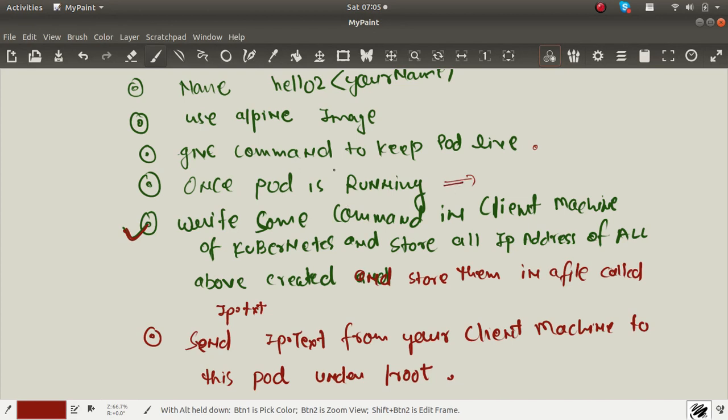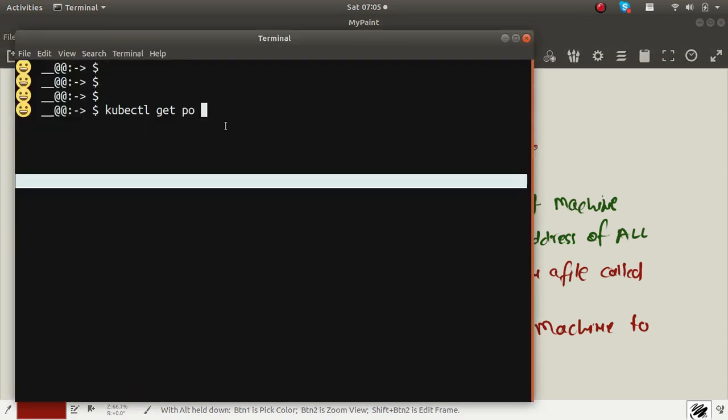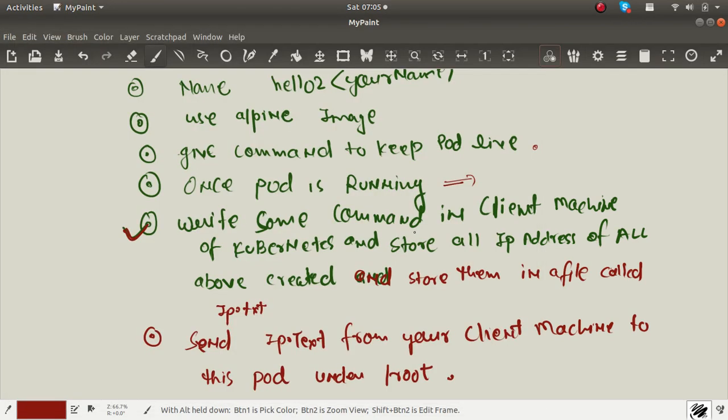After that, write some command in the client machine. So that means once the pod is running, this is your client machine. This is not master, not worker. This is your client machine. So here you have to run something. What you have to do in the client machine of Kubernetes: store all the IP addresses of all